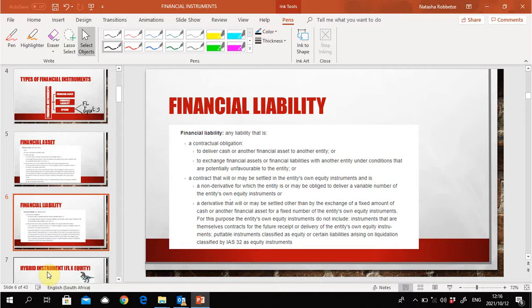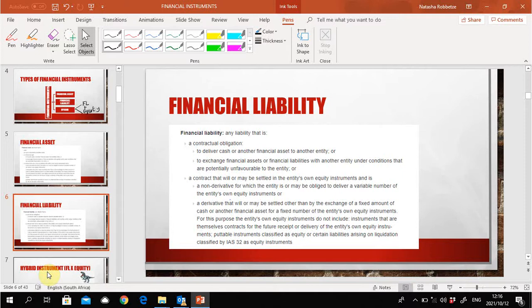So again, in short, this is where your company issues shares to another business or another party, which can be a natural person as well. It can be where there's an issuance of debentures to someone else, an issuance of bonds, an issuance of preference shares, or an issuance of ordinary shares to another individual or legal person. That's a financial liability. Again, it carries a contractual obligation now, not a right, because now you will have an obligation to that party to pay them a dividend, or to pay them interest if it's a bond or a debenture.